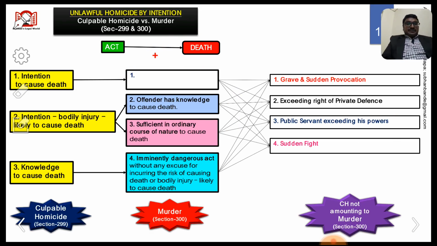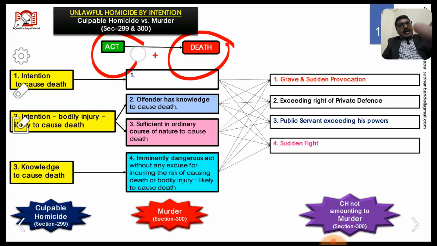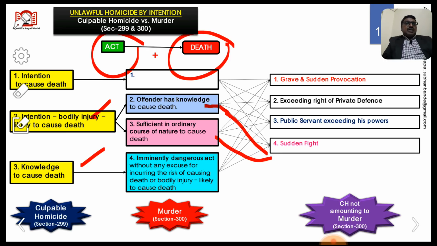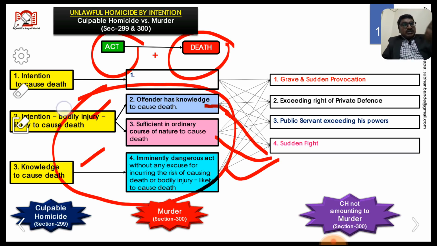The fourth exception is sudden fight. If a person causes the death by some act, at the time of doing such act he has intention to cause the death, or intention to cause bodily injury that is likely to cause the death, or knowledge to cause the death, or the accused person has intention to cause bodily injury likely to cause death, and the offender also has the knowledge, and the act is sufficient in the ordinary course of nature to cause the death, and he did an imminently dangerous act that amounts to death of the other person, but these acts are done with any of these mens rea